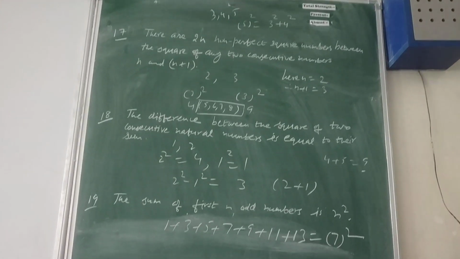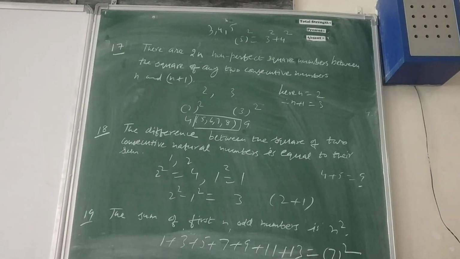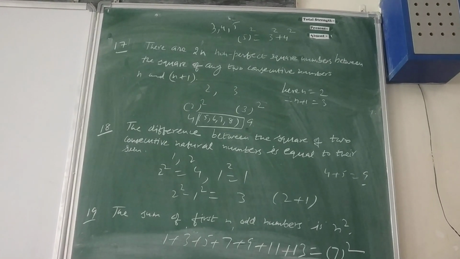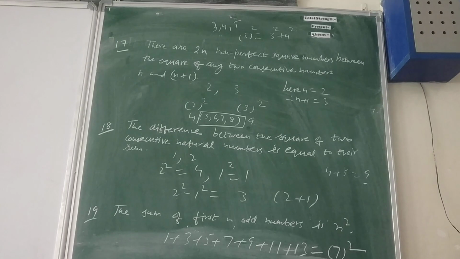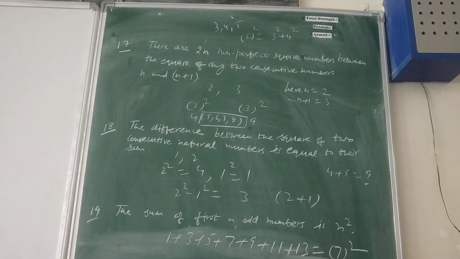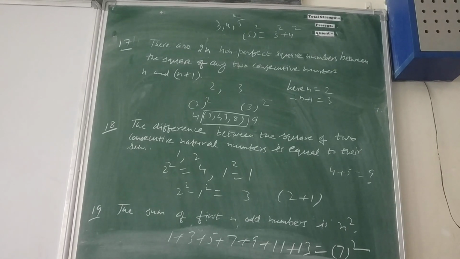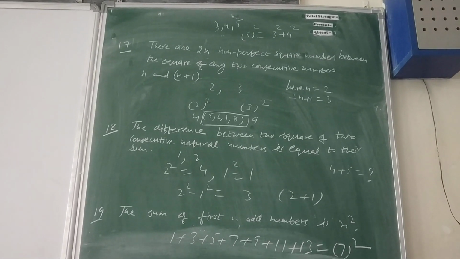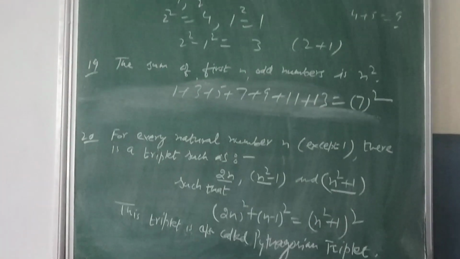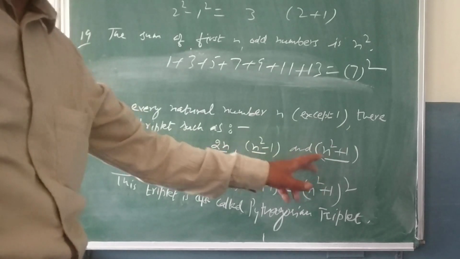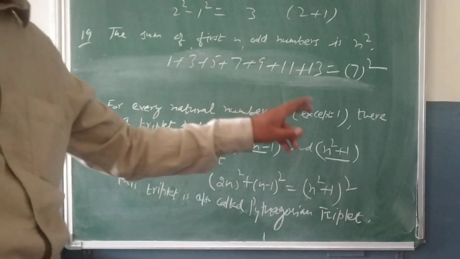And this is the statement of Pythagoras theorem, that if the square of the greatest side out of 3 is equal to the sum of the squares of the other 2, such a triplet is called a Pythagorean triplet. But it is not necessary that consecutive numbers always form the Pythagorean triplet like I did here with 3, 4 and 5. Not necessary. But my point of discussion here is, you have to identify out of these 3, for any natural number n, which one is the greatest side.